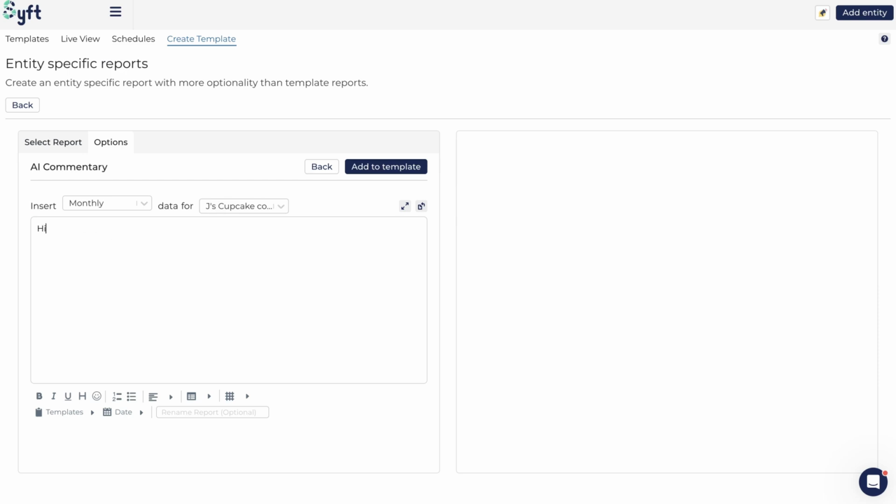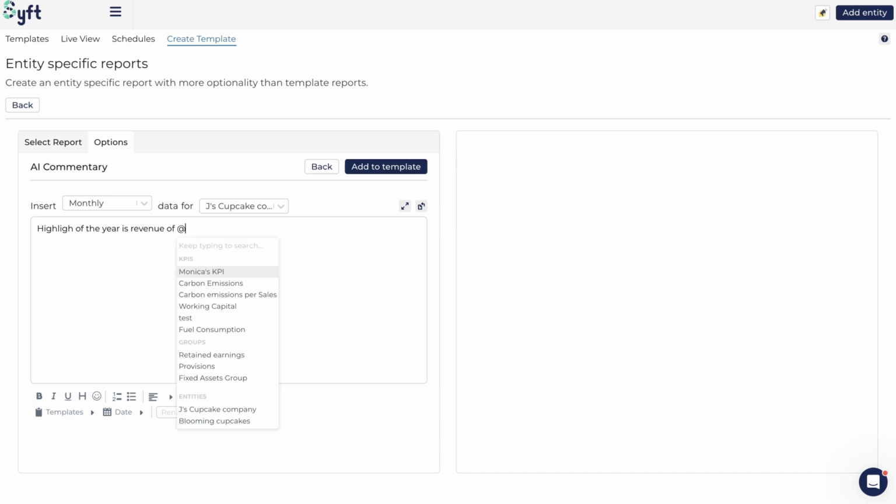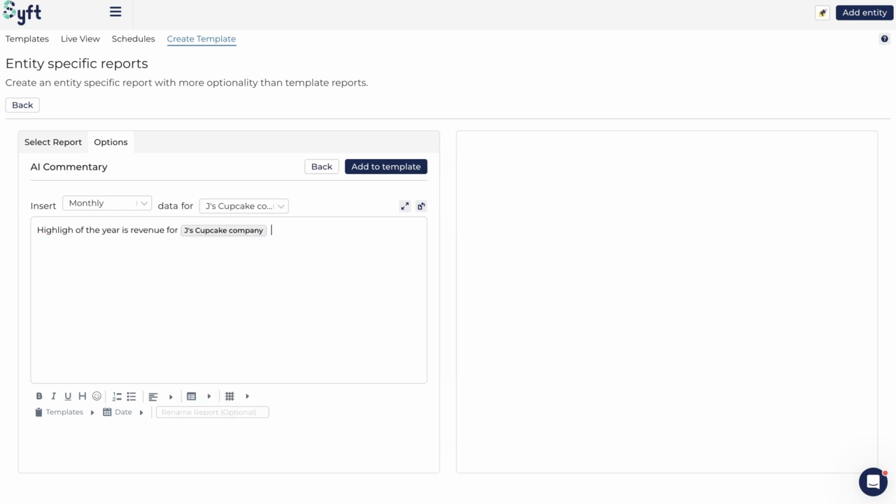So we can just say highlight of the year is revenue of, and now we can go and tag things. So if I click at, you'll see that it will allow me to add various different types of things. So I can go and add KPIs, and if I'm in an entity specific report, I will be able to go and add custom KPIs. I could also go and add groups, or I could go and add the entity name. So we could go and say the highlights of the year is revenue for, and now we could go and say Jay's Cupcake Company, which is,